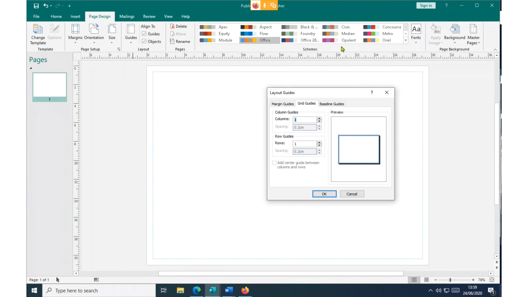You don't use the margin guides, you don't use the baseline guides, you use what you call grid line guides. Then you increase the columns to two, increase the spacing in between the columns to 7, and then put the center guide, and click on the command OK. Remember, the center guide is going to show you how the space between is appearing.